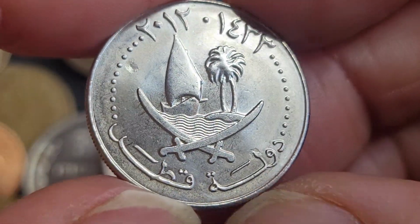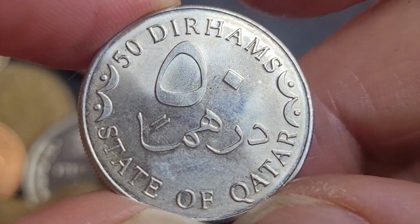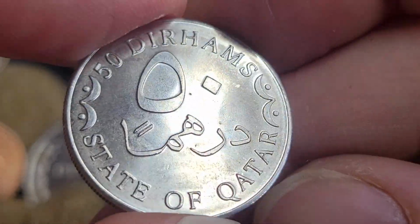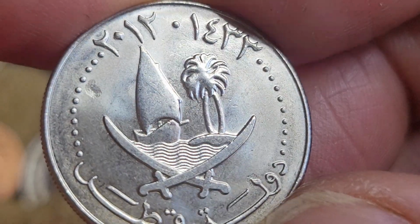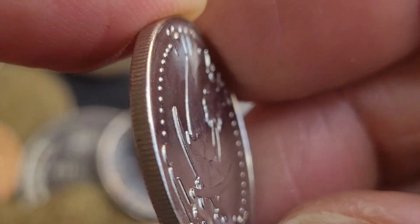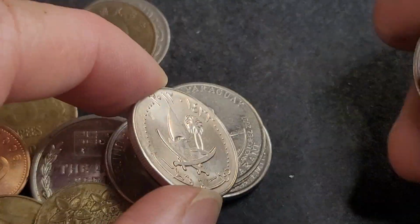Ooh, 2012. This is, oh, Qatar. This coin's pretty uncirculated. Not many people would have handled this coin. 50 dirhams. So this is roughly equivalent to about 18 cents or something. And I believe it's the highest circulating coin in Qatar. It looks like, yeah, lamination problem there. So this is probably a nickel plated steel, so that's the nickel coming off the actual coin. That's a bit weird, but that's quite a nice uncirculated coin. And the last ones we have are